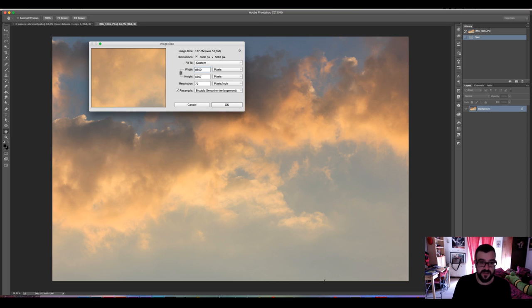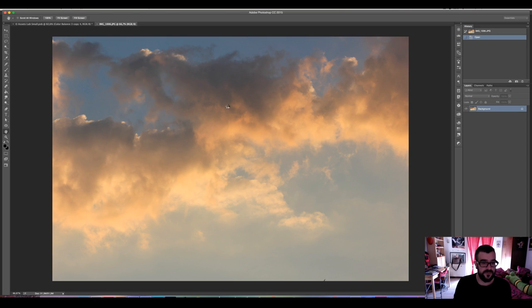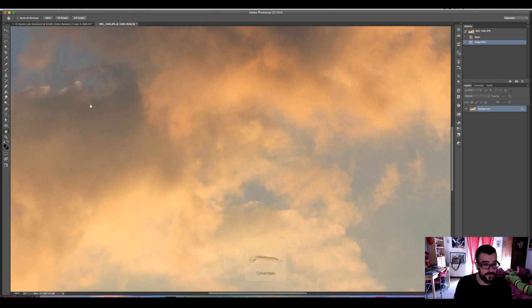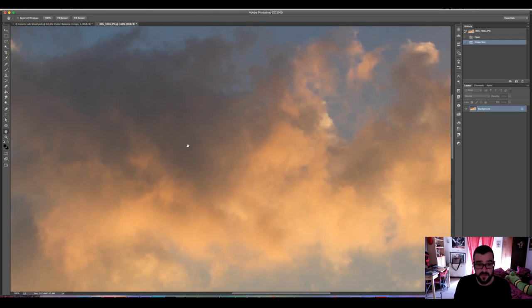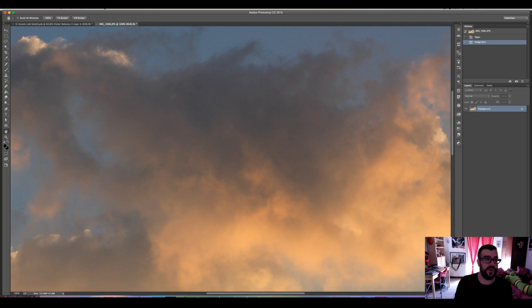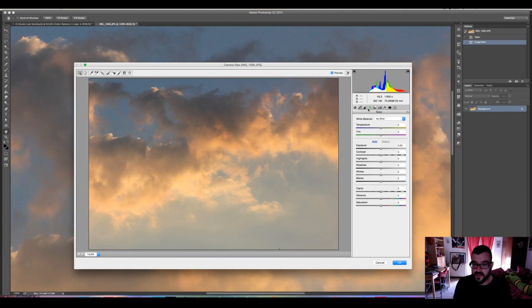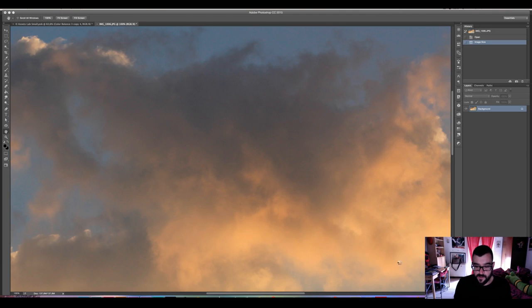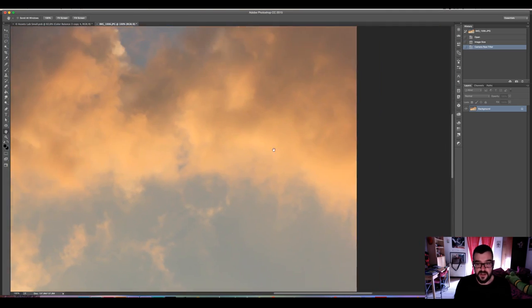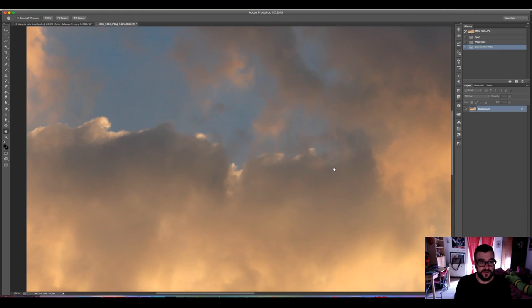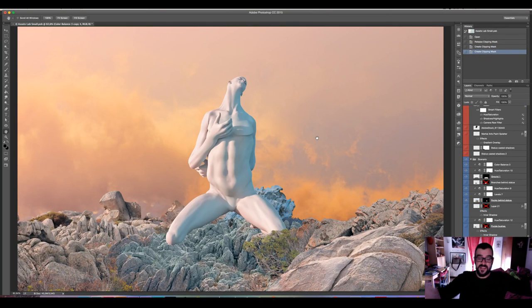So let's say we want this size. Click OK. And as you can see, the loss of quality is minimal. If some noise might appear, we can go to Filter, Camera Raw, and use the noise reduction filter in here, which is awesome. As you can see, now it looks like straight from the camera. So this is very useful when we want to place elements or backgrounds in the very background of our composition if we are doing photorealistic stuff.